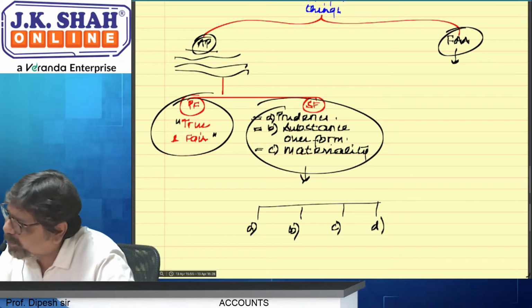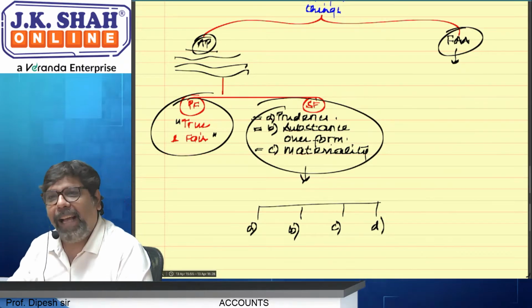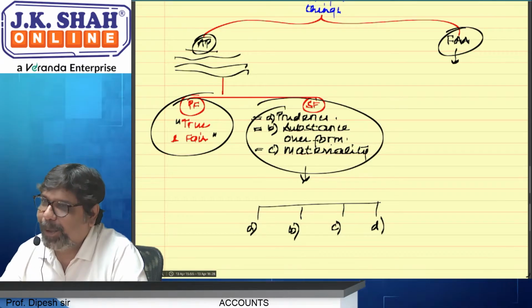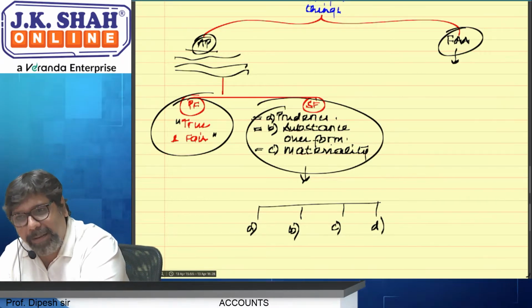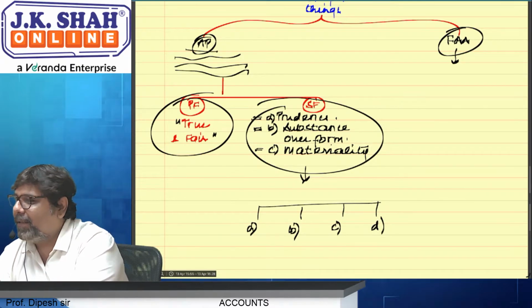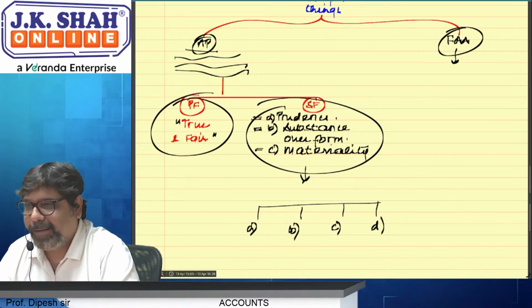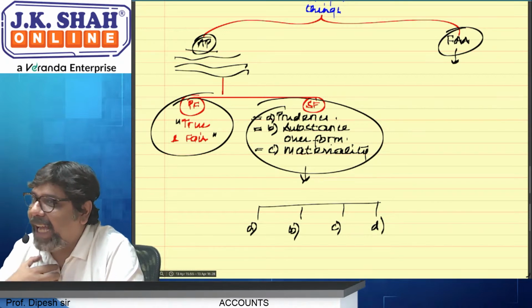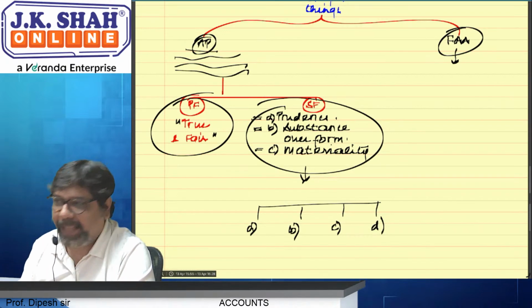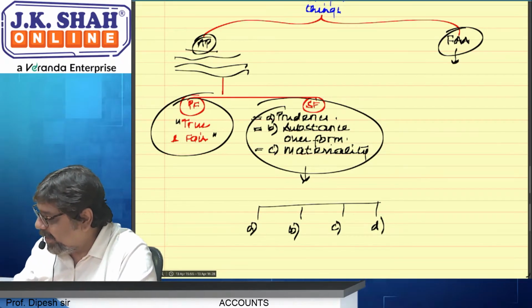Sir, ऐसा case हो गया? Yeah. Anything happened to him? Nothing happened. Because for most of us it was very difficult to face the police. And he was a gangster with political connections. The matter died. And this is a true case. It has happened. I have seen it with my eyes. I was there. Here, Dipesh.